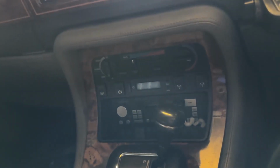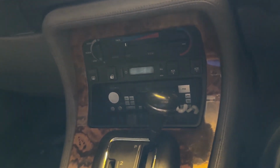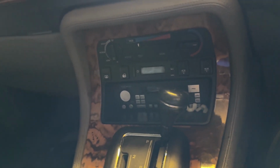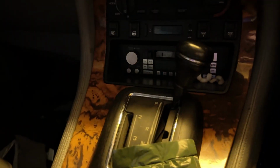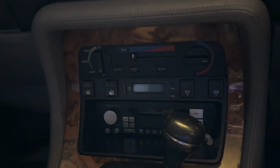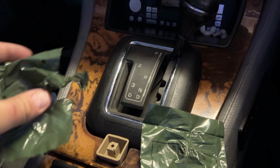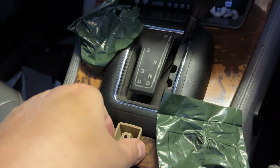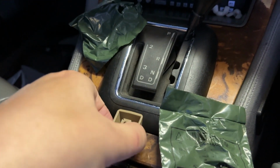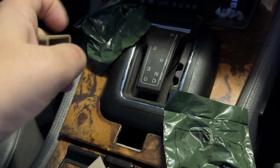So try and do this one-handed. Use my mouth to tear it open, or teeth rather. And where are they? Oh, this is taking a painfully long time. There we are. Just given birth to it. Plop. And it sits quite snugly within this X300 cutout there, which would be for a sport button on a